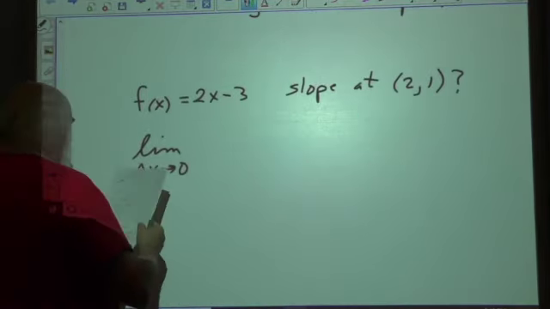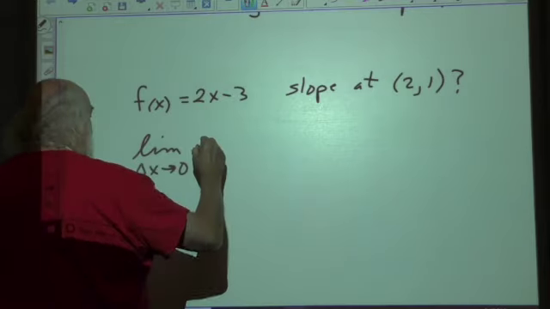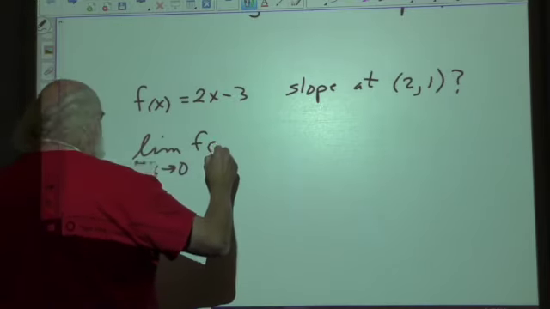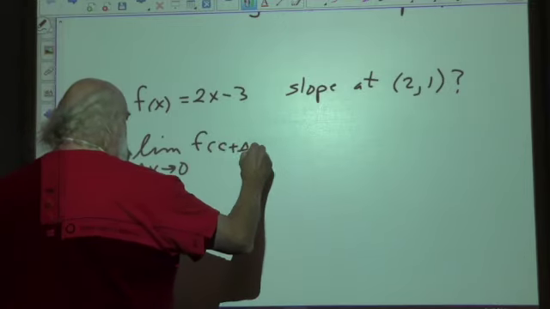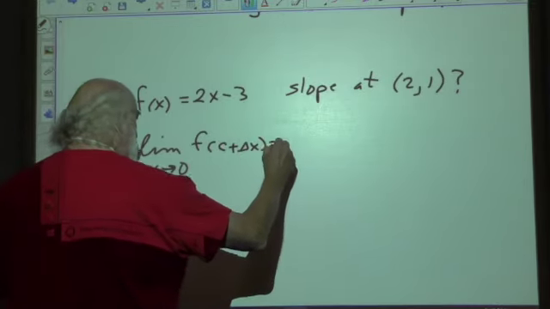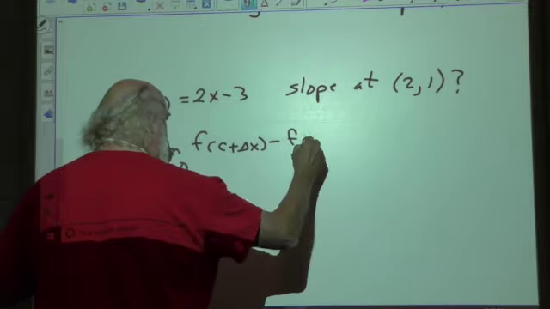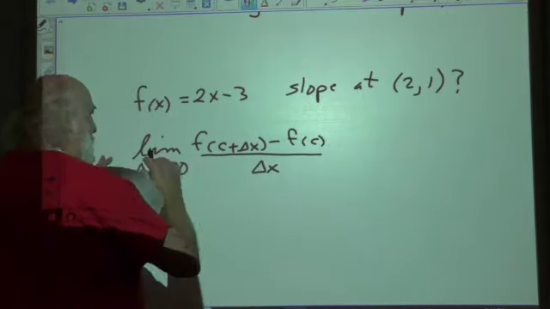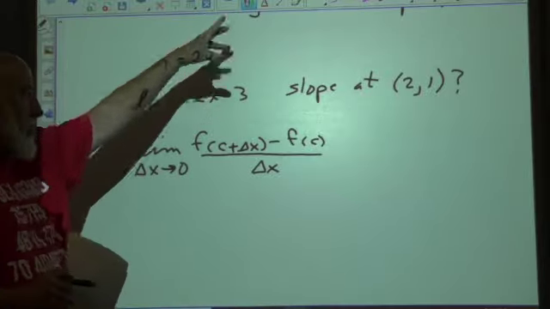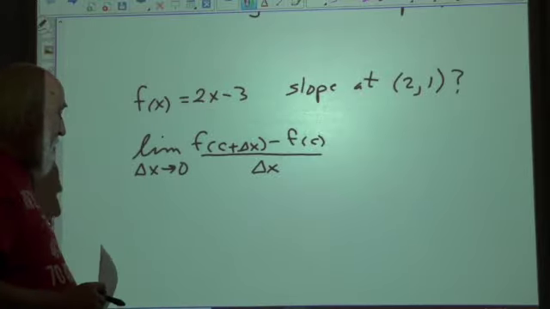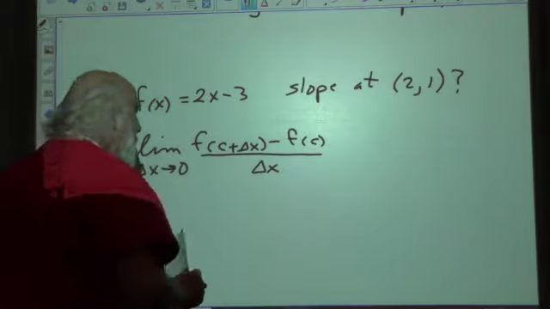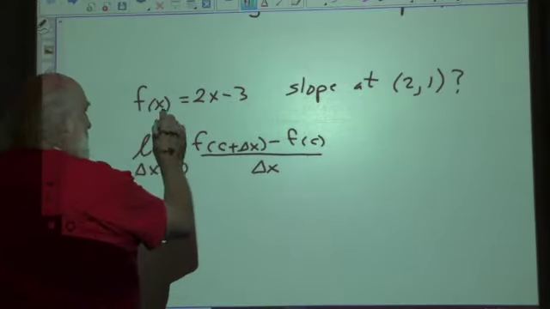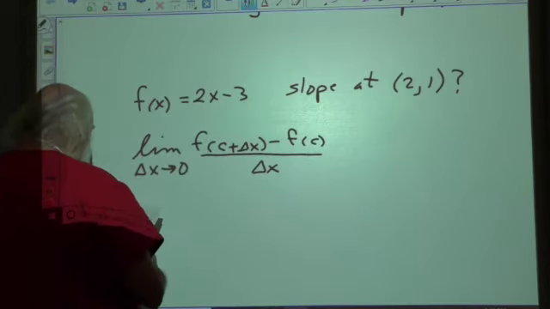The limit as x approaches 0 of f of c plus delta x minus f of c over delta x. That is our definition. This is the one you should have instead of what I put up there. You got the limit. That's really important. Okay? So, if f of x is 2x minus 3,